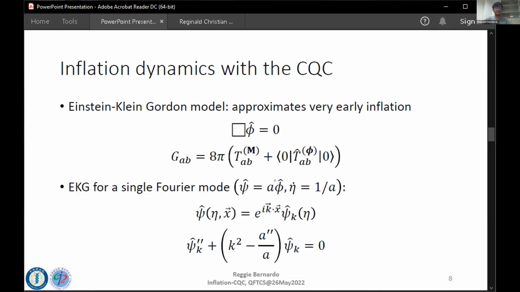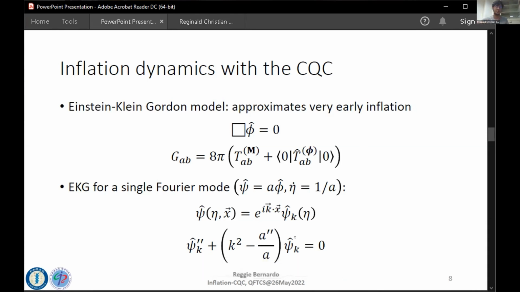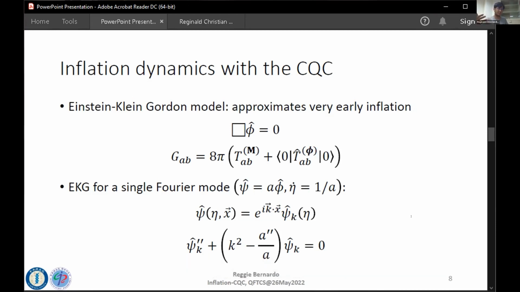In which case, we will be able to write down the equation for the Fourier modes of this Klein-Gordon field as given by this, and that's something that we can easily recognize as a quantum harmonic oscillator, where the driving frequency is provided by the expansion of the space-time. So the primes are time derivatives with respect to the conformal time. While now being able to write that down, I don't think I've written the Hamiltonian in the slides, but you can find everything in the paper. Anyway,